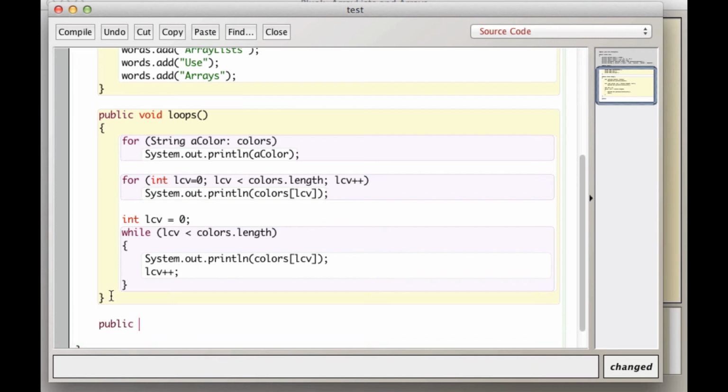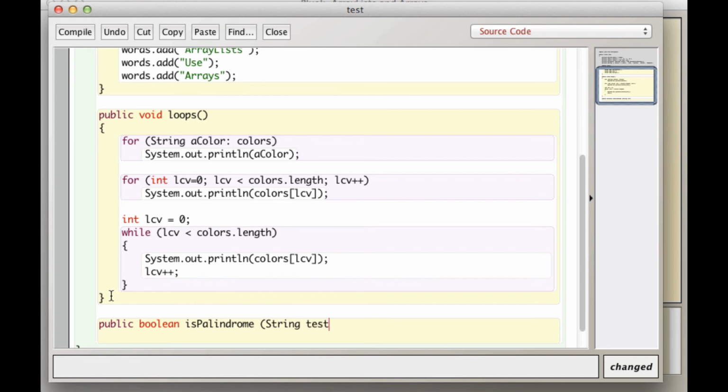Public, we'll make this just a boolean for the heck of it, isPalindrome. A palindrome is a word that you can flip, reverse the letters, and it says the same thing. So "Able was I ere I saw Elba" can be flipped. I've got a palindrome. Or "A man, a plan, a canal, Panama." That's definitely a palindrome. So you could have a palindrome tester which takes in a string,